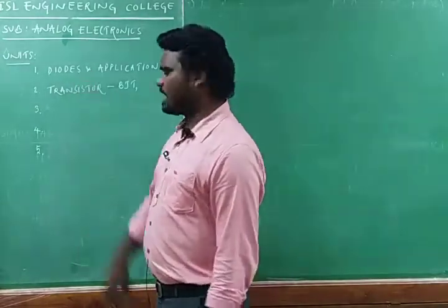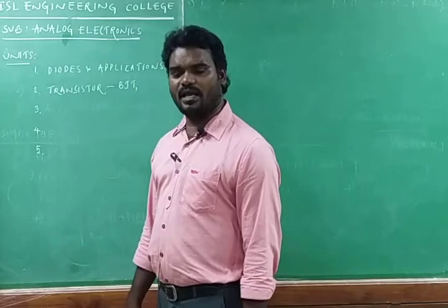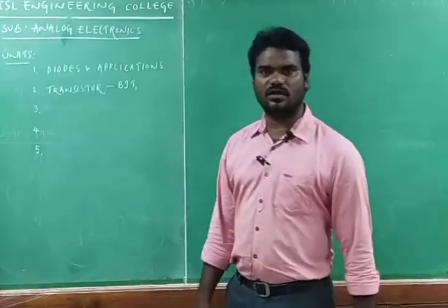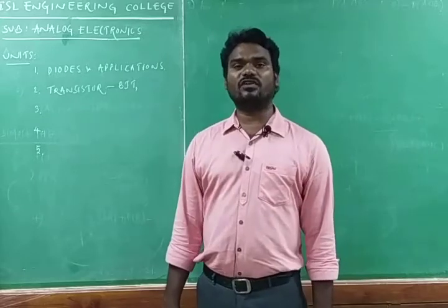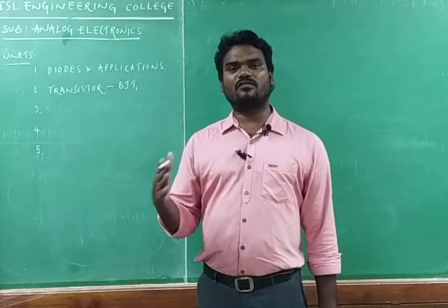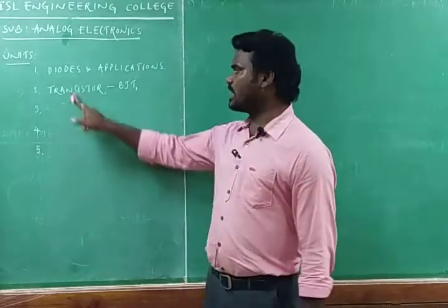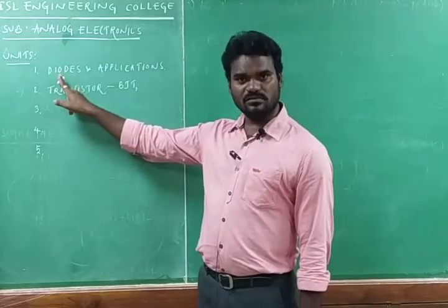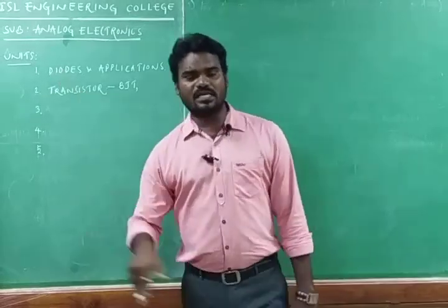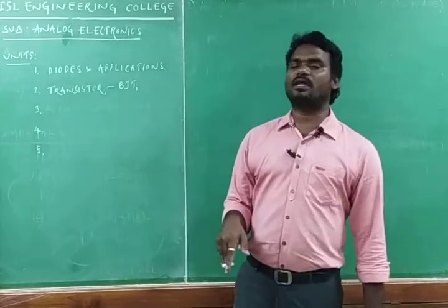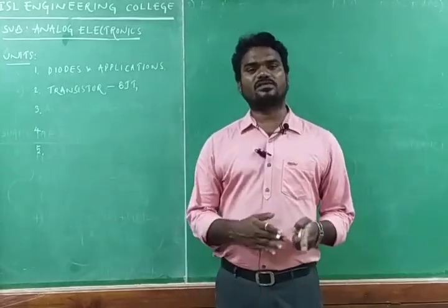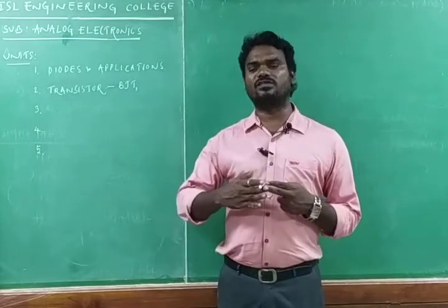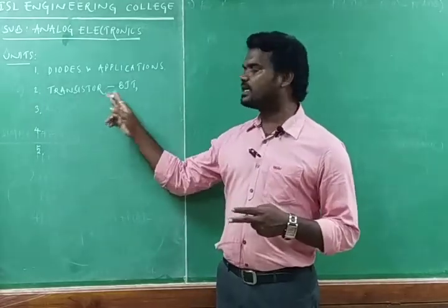In the last class I have explained some of the applications of electronics. First application is rectification. It is a process of converting AC to DC, and that can be performed by the diodes. In the last class again we have discussed one more application, that is called amplification. Amplification is a process of increasing the strength of the weak signal, and that can be achieved by a transistor.